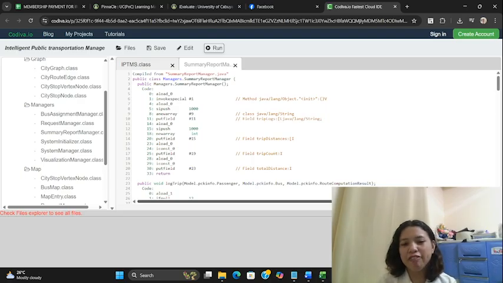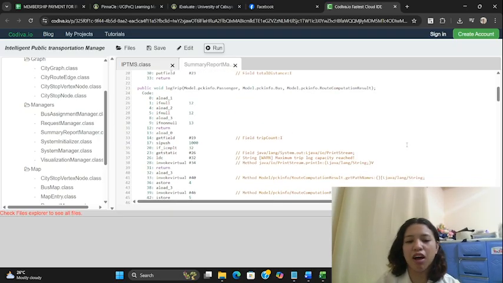First, we have the constructor of the summary report manager. This initializes the empty arrays to store trip logs and distances, sets the trip counters to 0, and initializes the total distances. This ensures that every new manager starts with a clean slate for tracking trips.